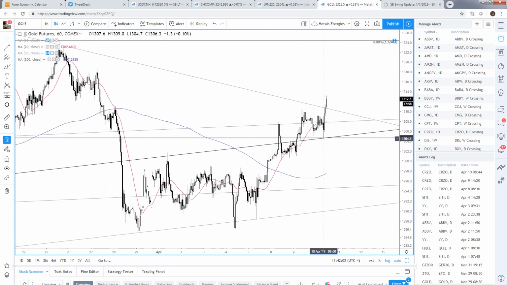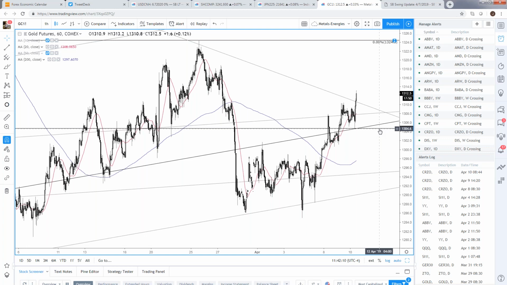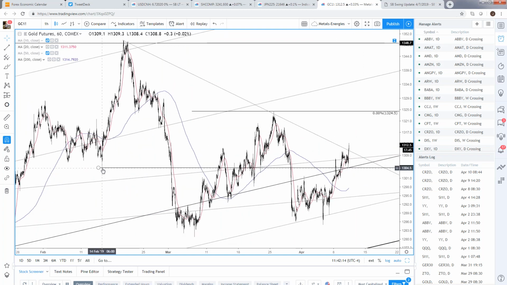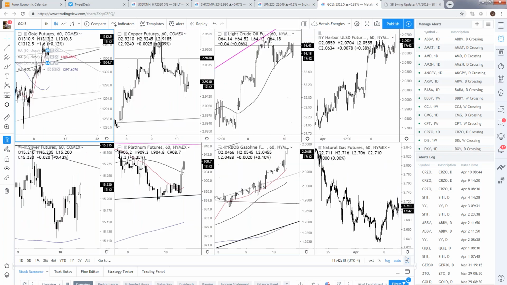Really, I probably just want to trade against the low from this morning, frankly, which is 1304.60. I probably don't want to get much below there, right? That's a pretty good level too. You can see it's this low from over here from February 14th. And then if we look at silver,